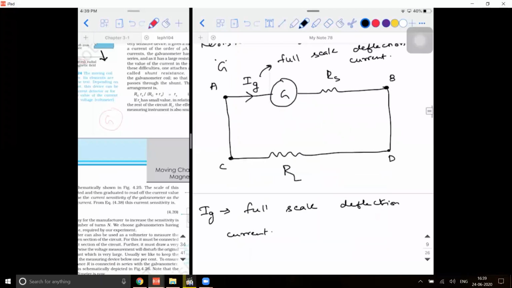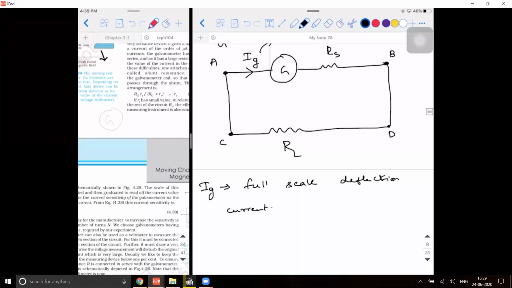So when I have a full scale deflection, let's say the range of the potential difference measured by it is 0 to V. Then let me call the potential difference across AB as V. Okay, so I'll give you this galvanometer. Listen to it carefully. I know the resistance of the galvanometer. It is 100 ohm. I'm keeping it in your hand. I want you to design a voltmeter and give it to me such that the maximum value it is able to measure is 5 volt.